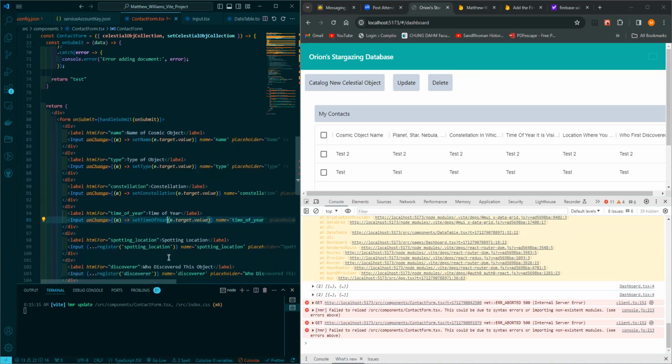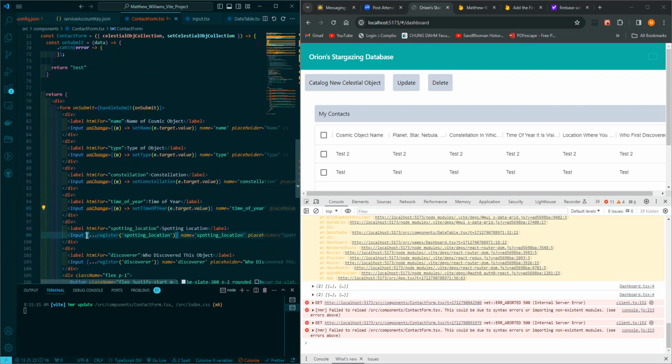Then over here, we've got spotting location. So let's go ahead, paste this in, set spotting location. Then finally, our last input here. Let's go ahead and paste in here, set discover. Save that out. And so now what I should see, if I go over here to components and we take